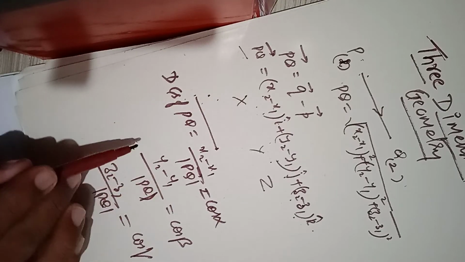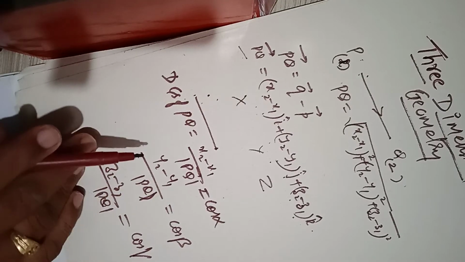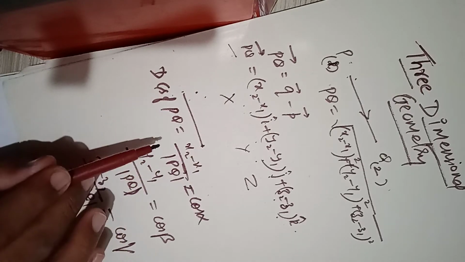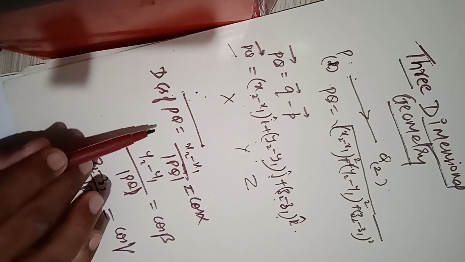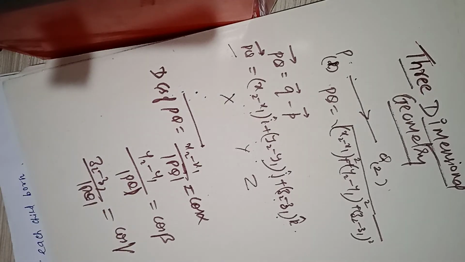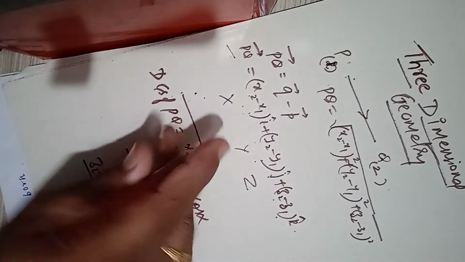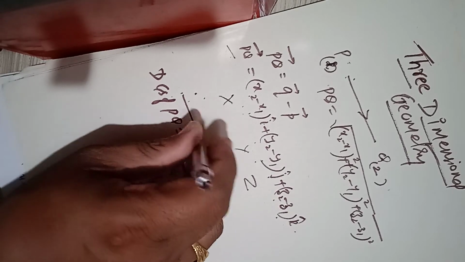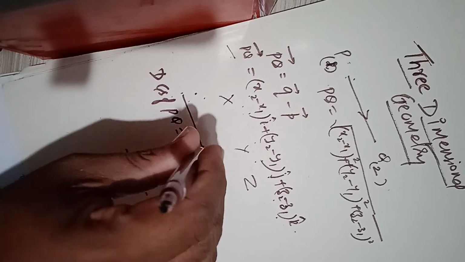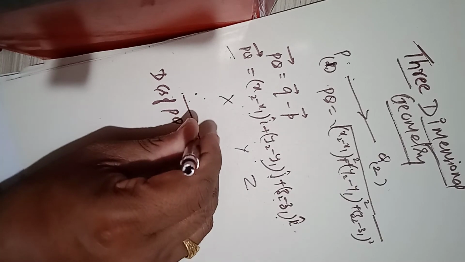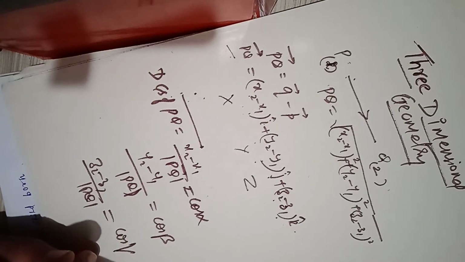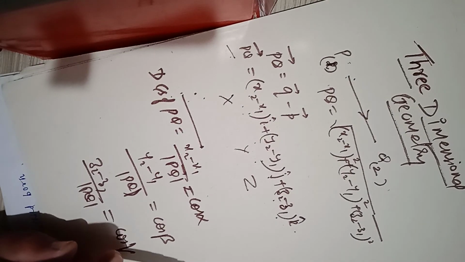So this is what we are going to study throughout the chapter. Also we will study how to derive the equation of a line in space and the equation of a plane using 3-dimensional Cartesian coordinate geometry with the normal to the plane. Suppose this is the plane of the paper, and a pen is perpendicular to the plane surface of the paper. This will act as a normal to the plane of the paper, and using these two and with the origin of the 3-dimensional Cartesian coordinate system, we will derive the equation of the plane.